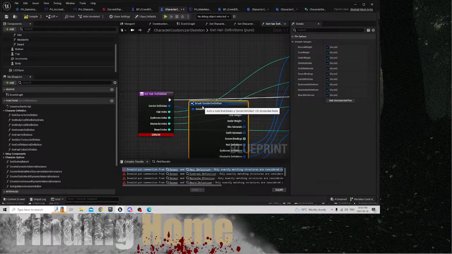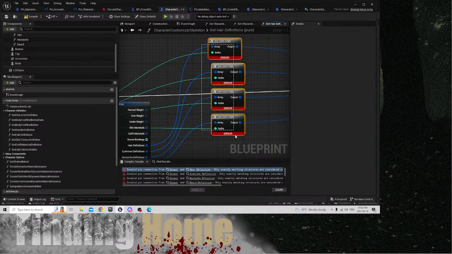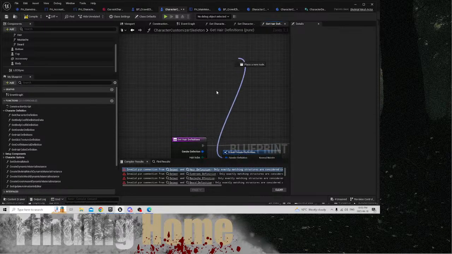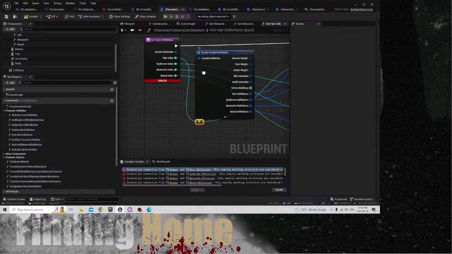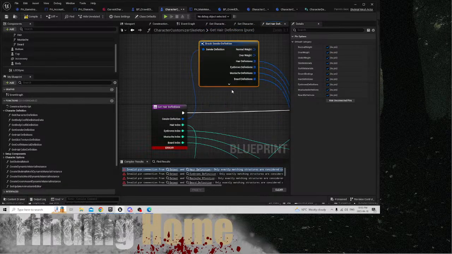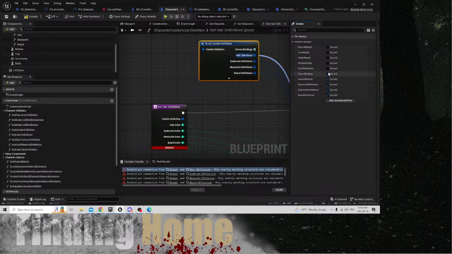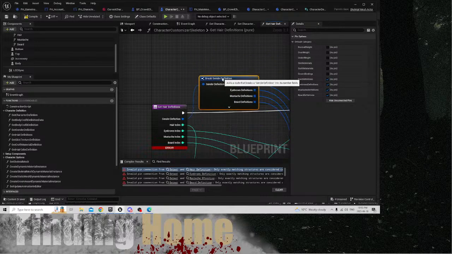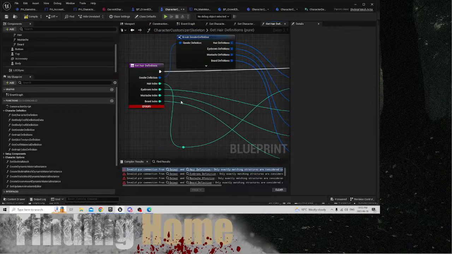So I think it's simplest to just kind of put these here, bring these guys down, and we could hide the normal, the overweight, underweight, the skin, the outfit, the groom bindings. And you can almost just put this one up instead of having